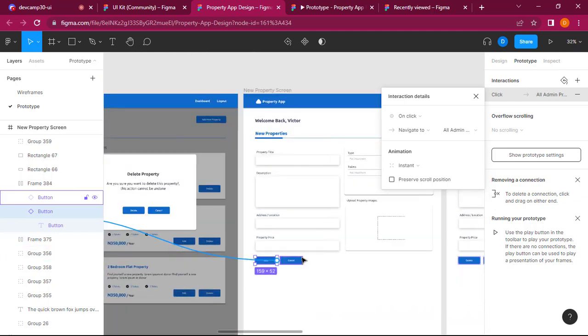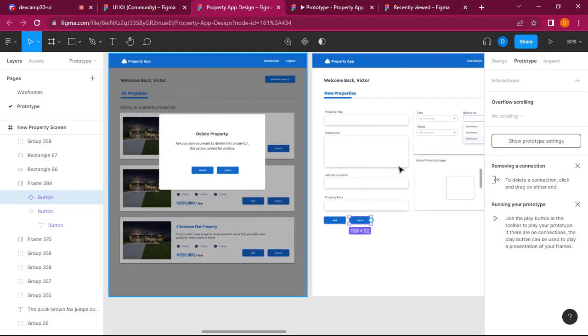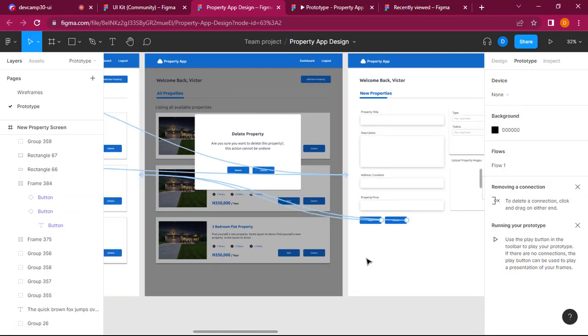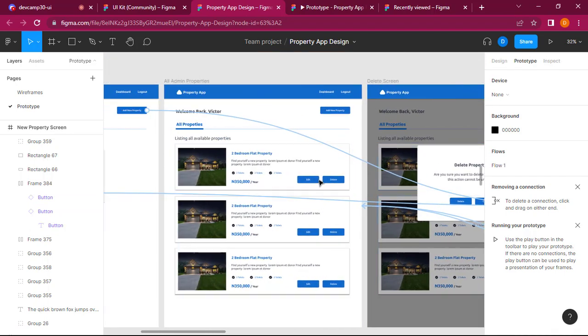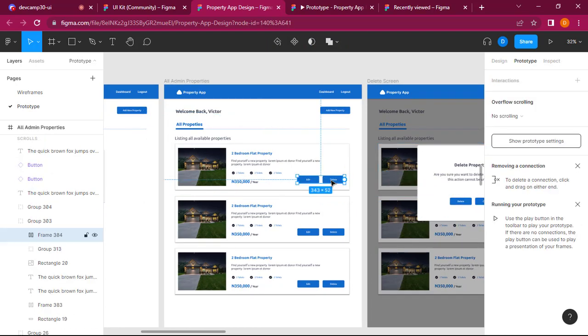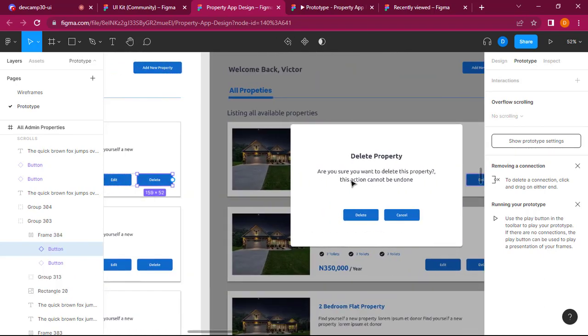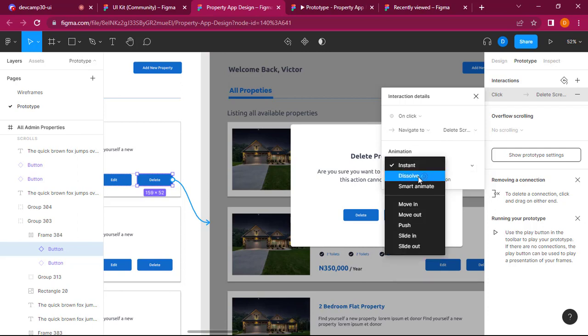What else? This cancel should also take us to the admin listing page. Then now coming to this listing page, we have edit button and delete button. So I'm going to add interaction to the delete button first of all. So if we notice, we have this screen which shows a pop-up for the delete button. So I'm going to drag this to this screen, but here now I'm not going to use instant. Since it's a pop-up, I'm going to use